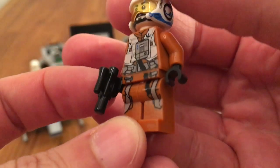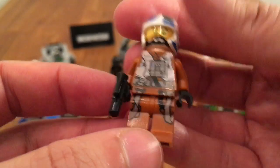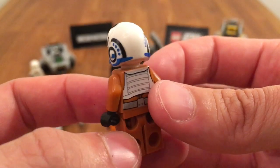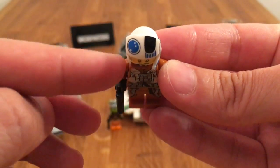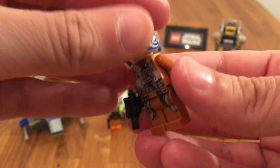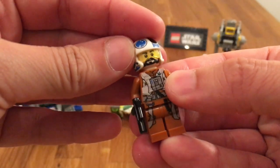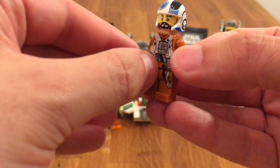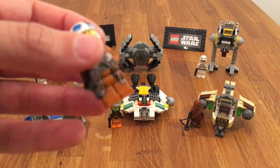He has amazing printing. His orange jumpsuit is a little bit darker than the older figures, which I really like. This helmet has amazing printing on all sides. It's not even the same on both sides, as you can see. This side's a little bit shorter, and on this side he has something of a microphone going on. Underneath the helmet there is no secondary face, but he still is a very cool minifigure, and he comes with a small blaster. No stud shooters. There's no stud shooters for any of the figures, which is a good thing, so you can also stock up